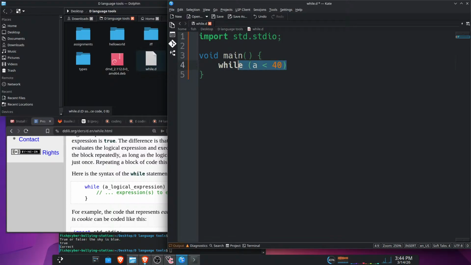Oh, don't do that. Oh, wait, no. And then we need to add in an integer for a. So we're going to do int a semicolon. While a is less than 40, then we would do... it hasn't even taught me how to do the addition yet. So, I have a feeling that doing addition is probably a pain in the ass, but